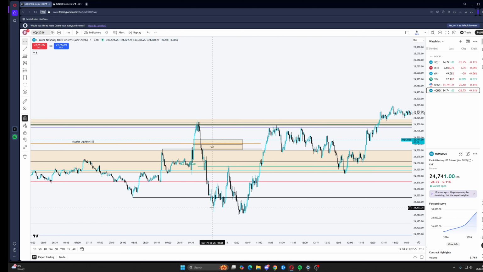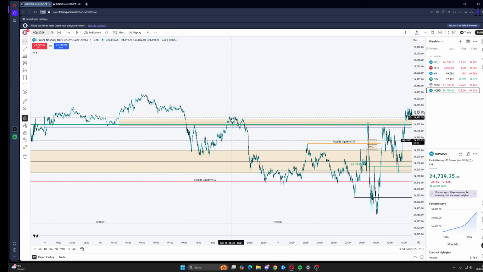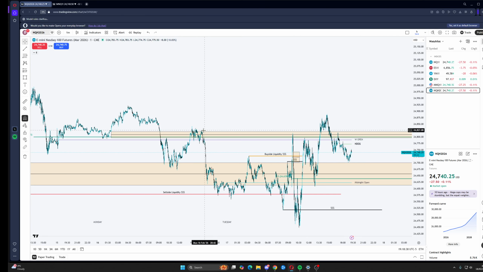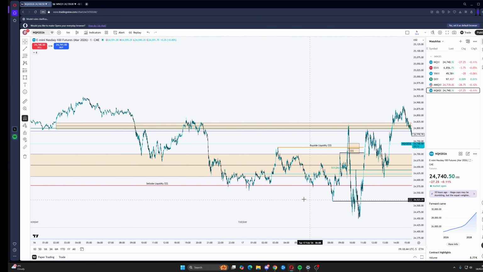And we come down, we go back to discount of this whole range, and then the market says no, and that's your market structure shift, which means we're going to come back for the highs now that we made relative equal with Asia, right? And the fact that we haven't taken the high gives us a reason, and that's why we don't be greedy and just seek what makes sense.